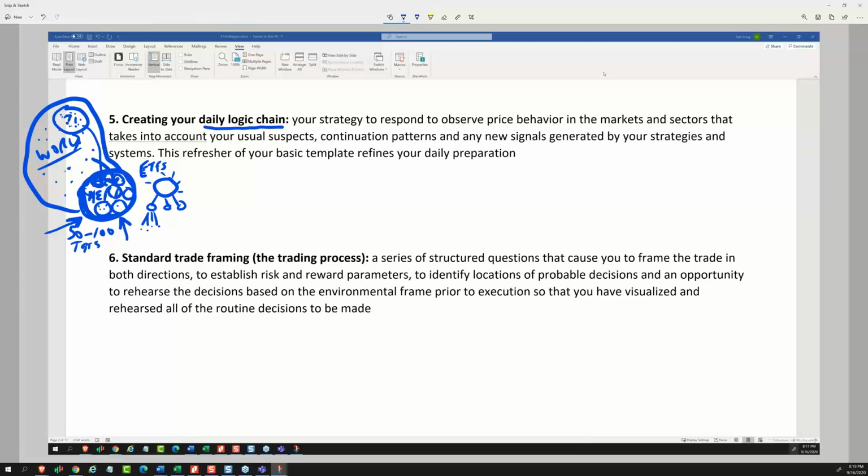So when we do our daily plan, we're taking a look back and seeing what's going on in the market, in our herd, and in those sectors. And we say, aha, when we run our screens, we found maybe 4 or 5 or 10 different individual targets that are good to go. Each one of these meets our criteria for being tradable the next day. So now we have our set of targets,